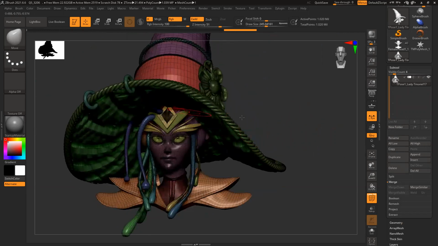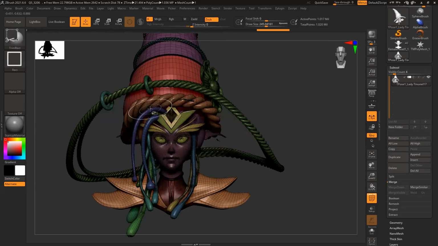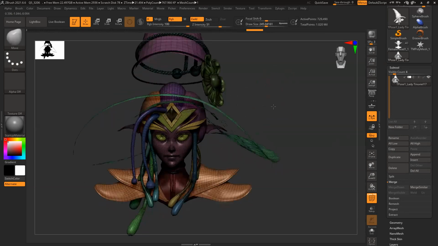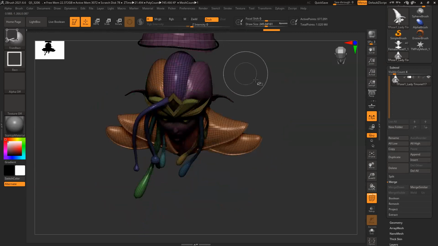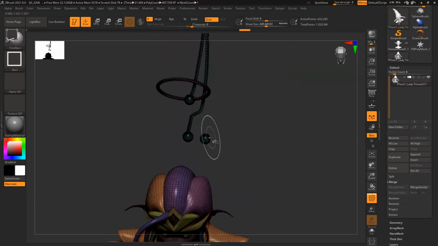So here I can see either my body has to rotate or I have to rotate the head, body, head, or maybe the hat, any one of them. So what I'm going to do is rotate the hat first. So Control Shift click on the polygroups, hide all those things which are part of the hat. Shift Control click, sir? Yes, Control Shift click. That's it.